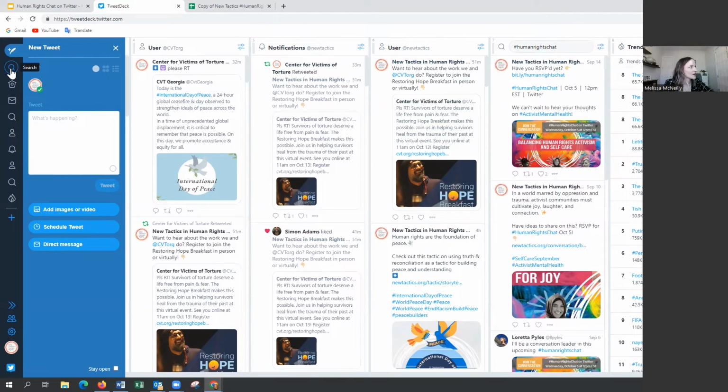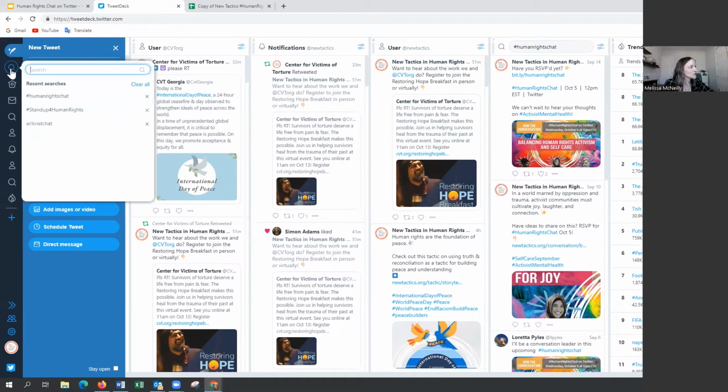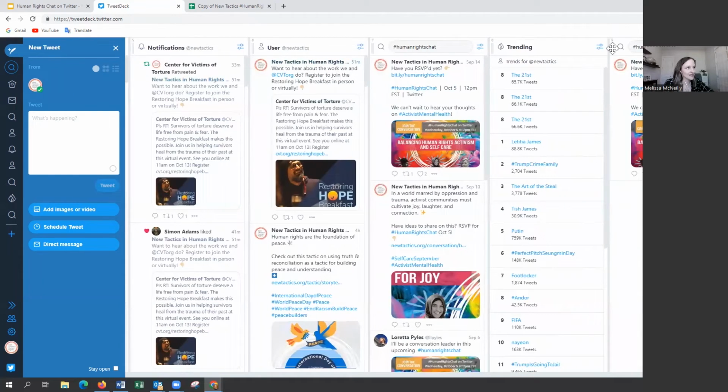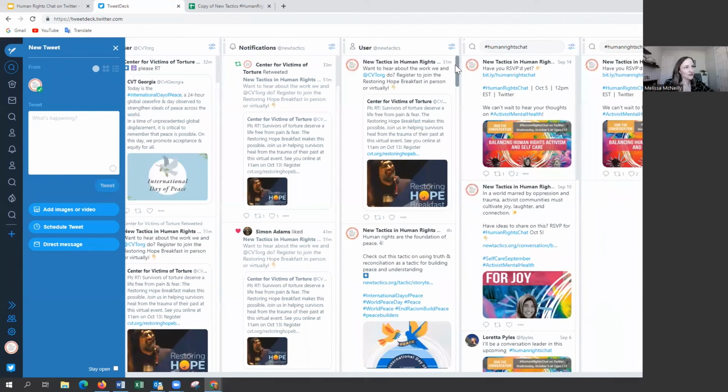And so to get these columns added, you go to the little search function over here, you type in what it is that you're looking for. So if I search human rights chat again, it's going to add just another column for the human rights chat hashtag. The moderator will be @NewTactics, but one kind of piece of best practice advice that I have is it's